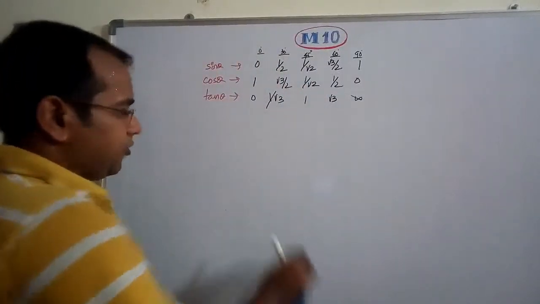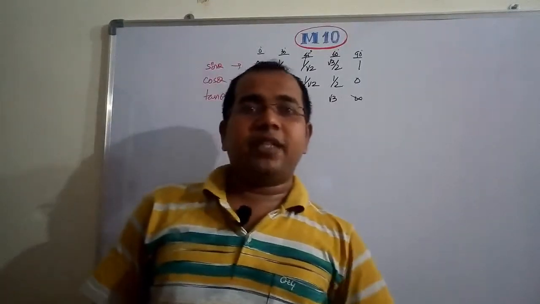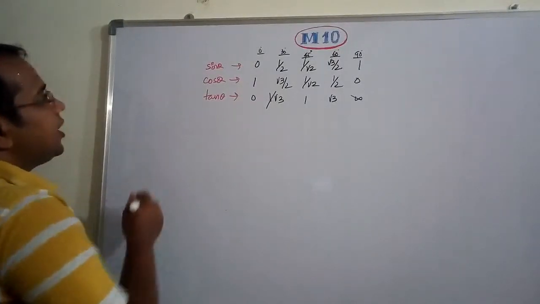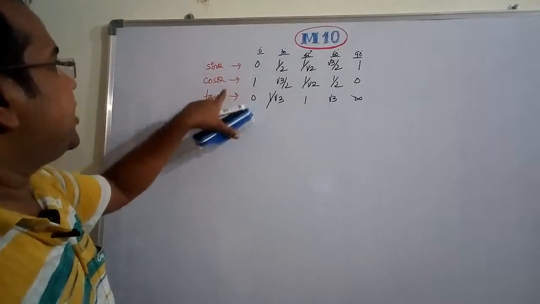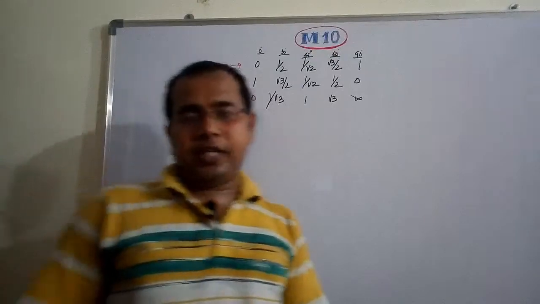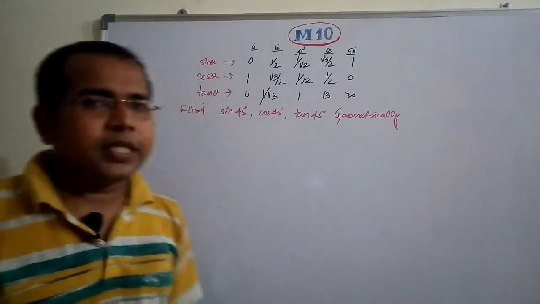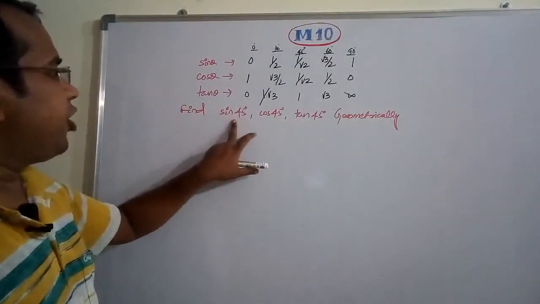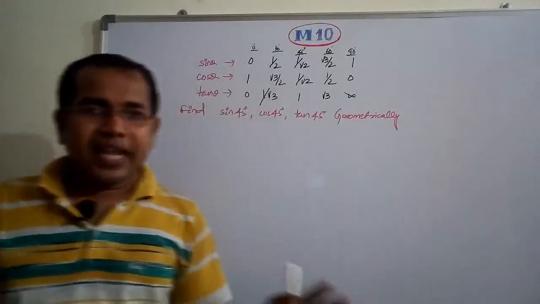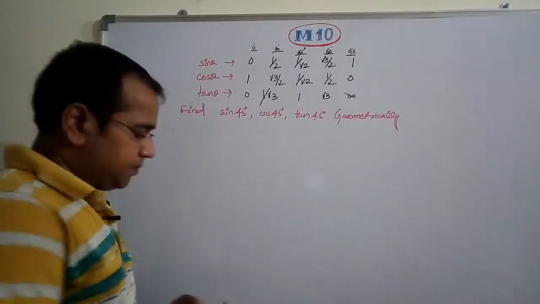Now students, one of the questions that usually don't come in exams, but there is a chance that it will come in exams, is to find the values of this sin theta, cos theta for 0 degree, 30 degree, 45 degree, 60 degree or 90 degree geometrically. You have to prove it geometrically. How to prove it? So students, here the question is find sin 45 degree, cos 45 degree and tan 45 degree geometrically. Okay, this question is not coming in exams, but it may come. Okay, so you need to know about this.